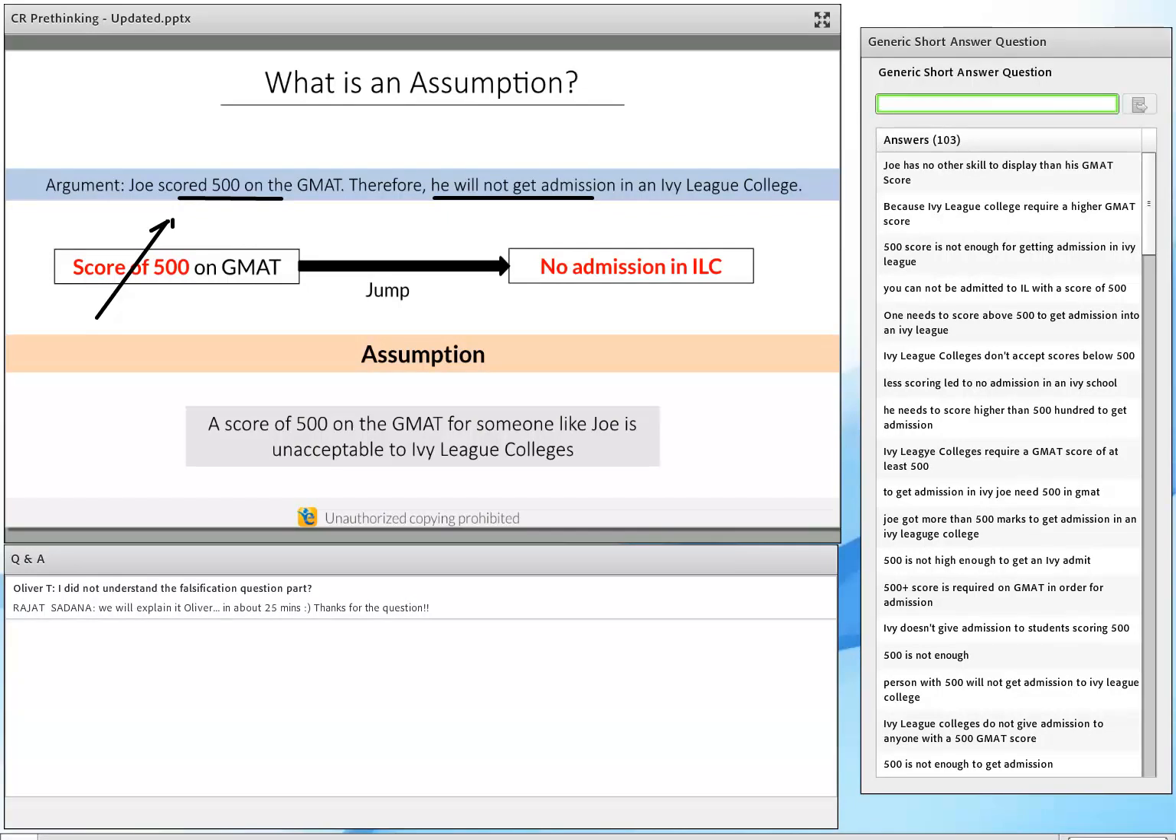Okay. Now, there's one thing that I also want to talk about, which many of you didn't focus on, is this part, for someone like Joe. And this is something which is really important, and sometimes in critical reasoning questions, especially as they become more challenging, this is an aspect that the test maker will trick you on. Why? Because